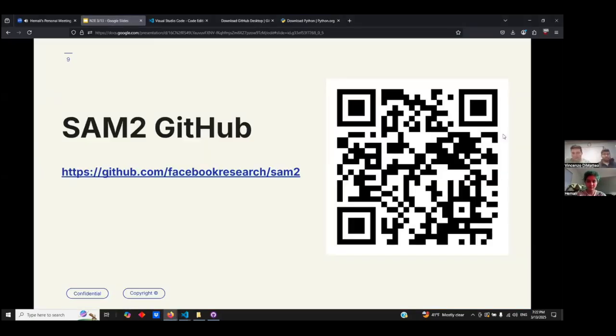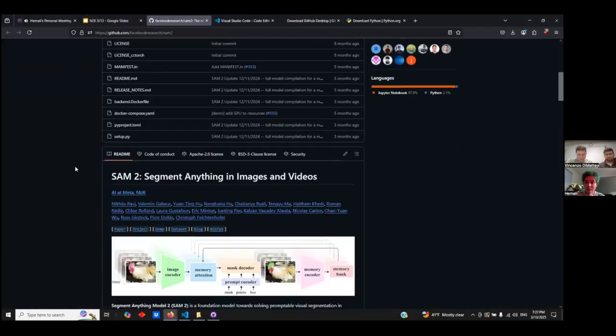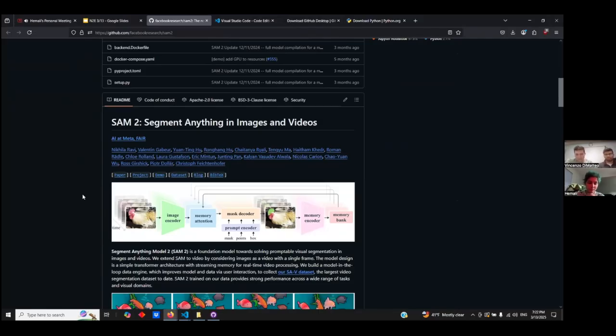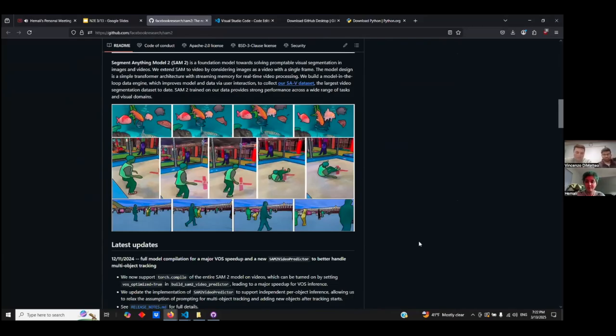All right, cool. Now that we have everything installed, let's go get the GitHub link. So I'm going to right click on here. And this is the SAM2 repo. SAM2 has, as previously highlighted, a myriad of features. Namely, it has very good segmentation in its model as it was trained on a large data set,